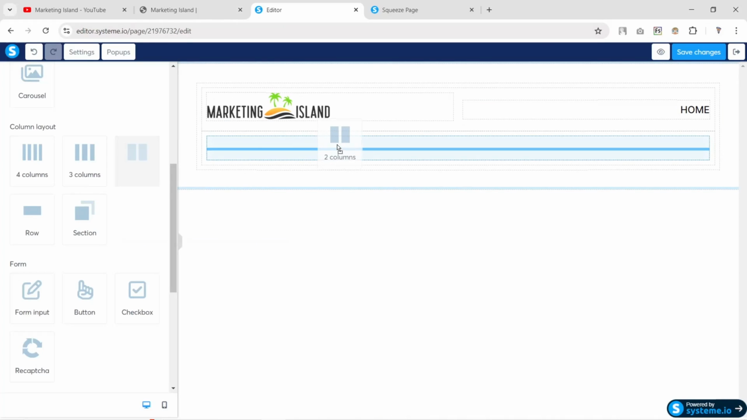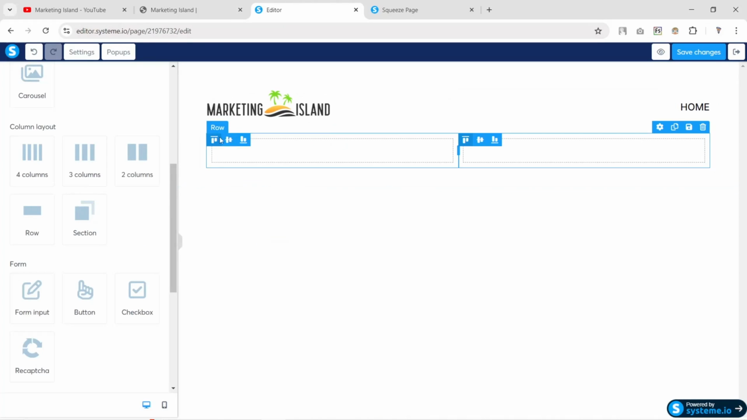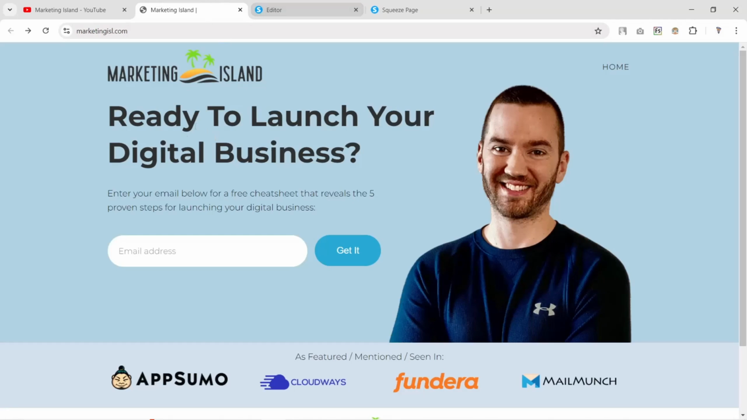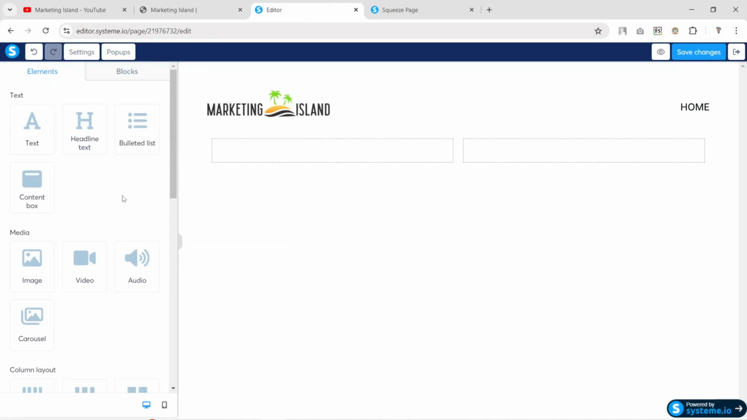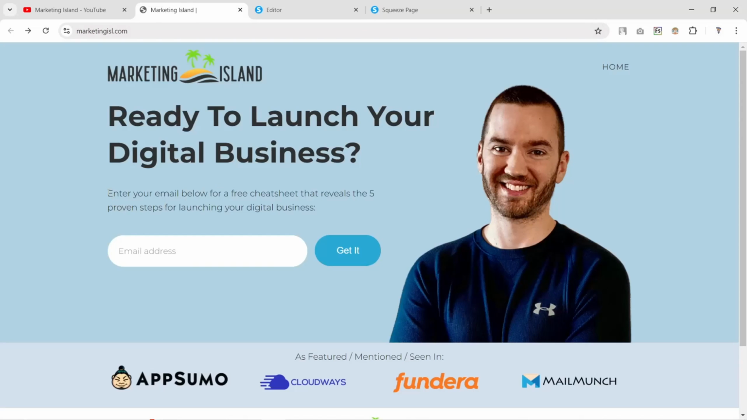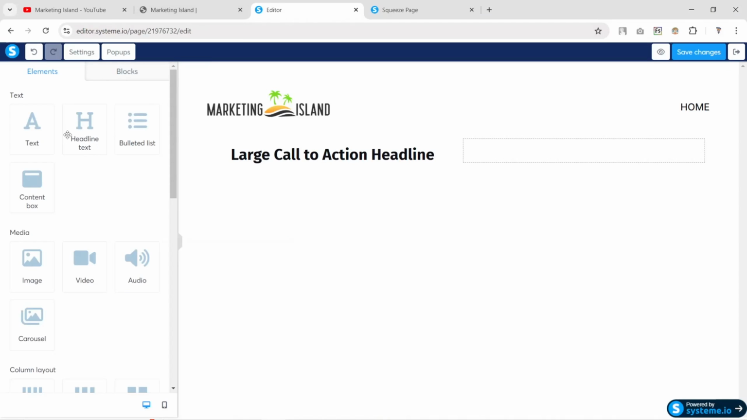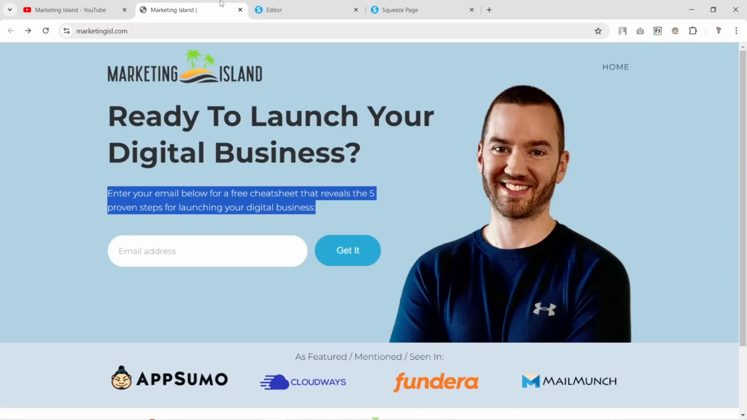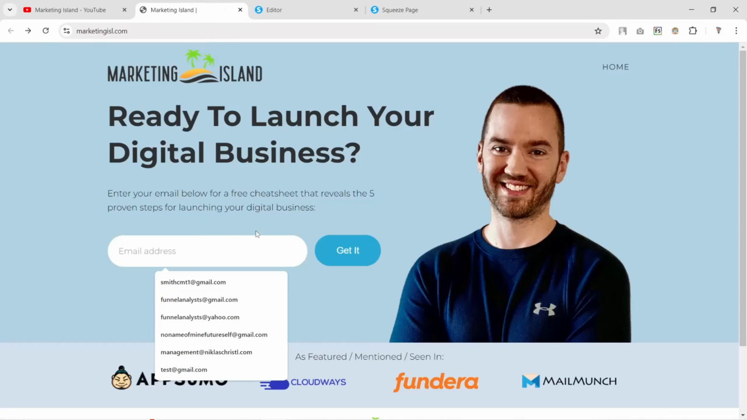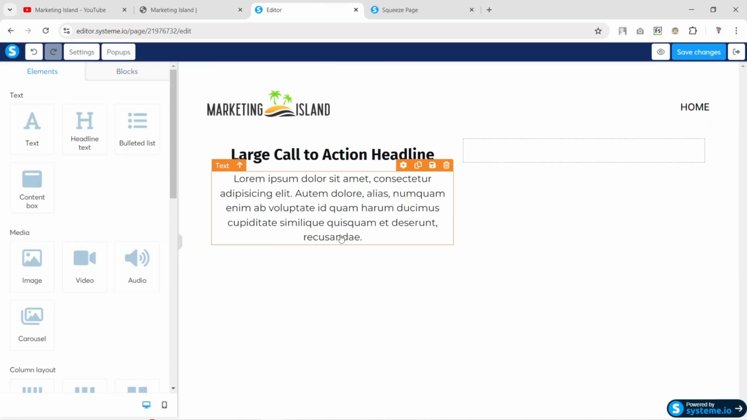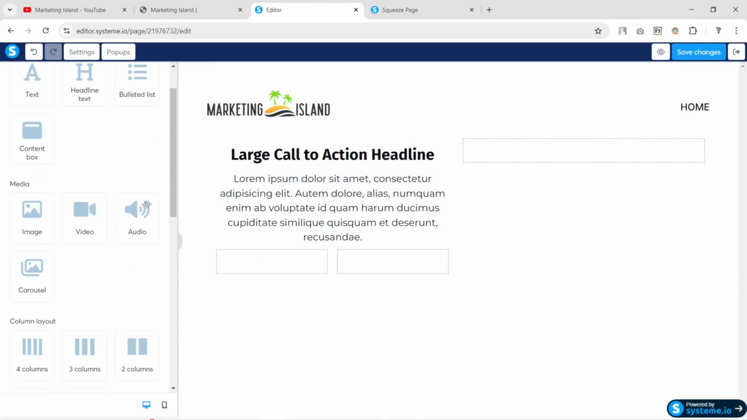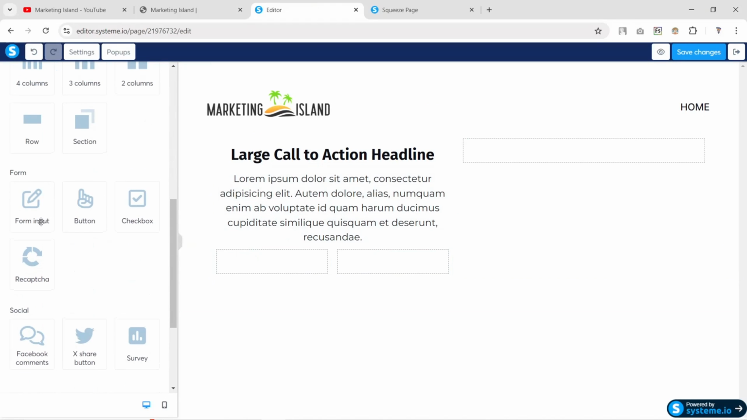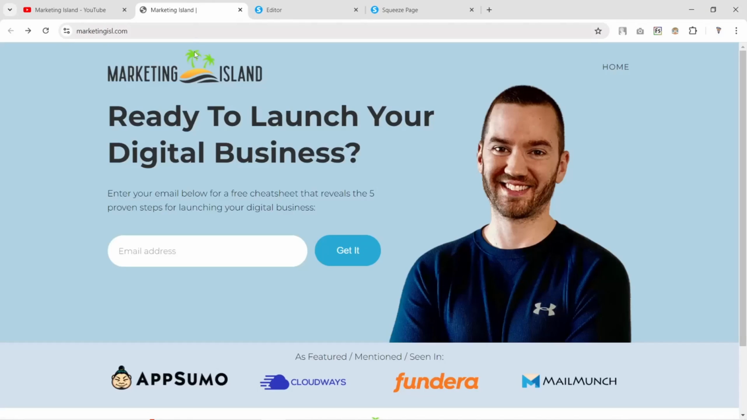So from here just add these two columns over here, then on here we need to add this text. So first of all we will drag here the headline text, then we have some subtext, so for that we will use this text here, and then we have this email input, and then we have the button. So for that drag this two column, because here we will use the input sections, which is this form input, and here we will add the button. So all the content we have